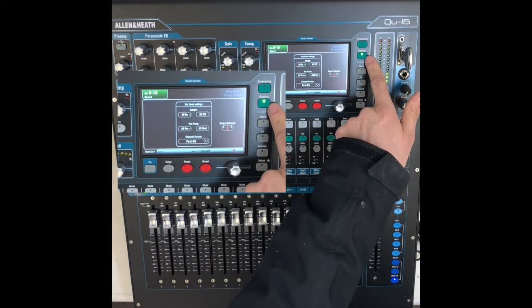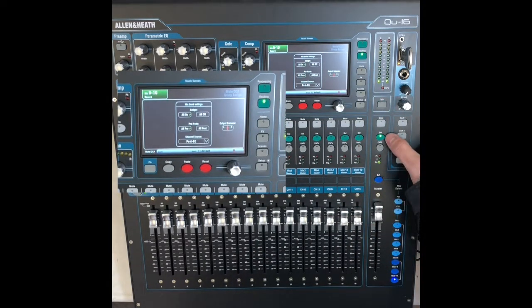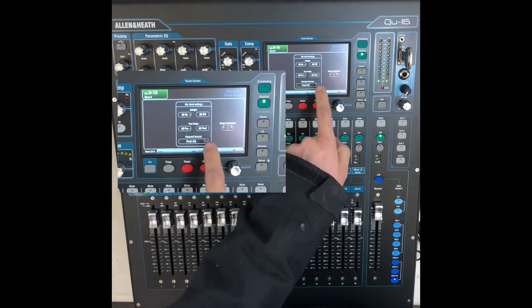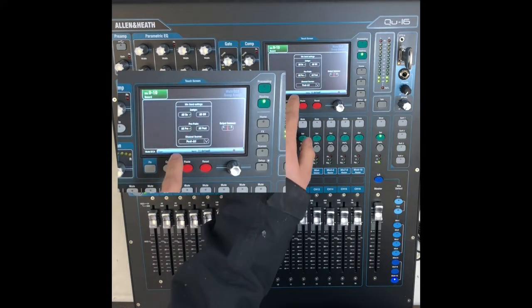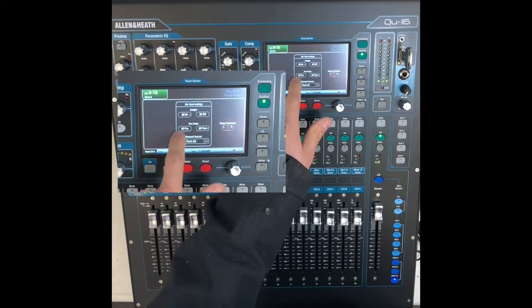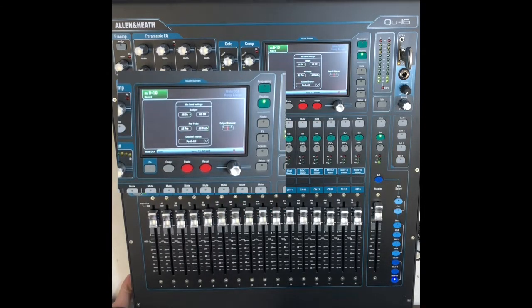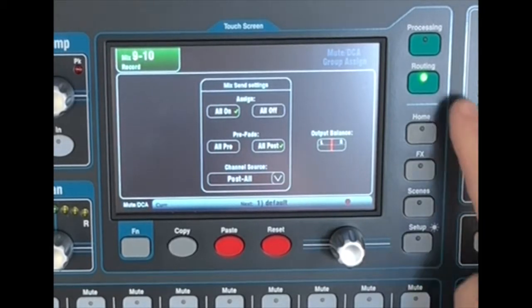So click the routing button while the output strip is still selected, and then click source, channel source, post all, and then you want to put all post, not all pre, all post, and then that's ready to go. We're now ready to set the Q drive source. To do that, click the